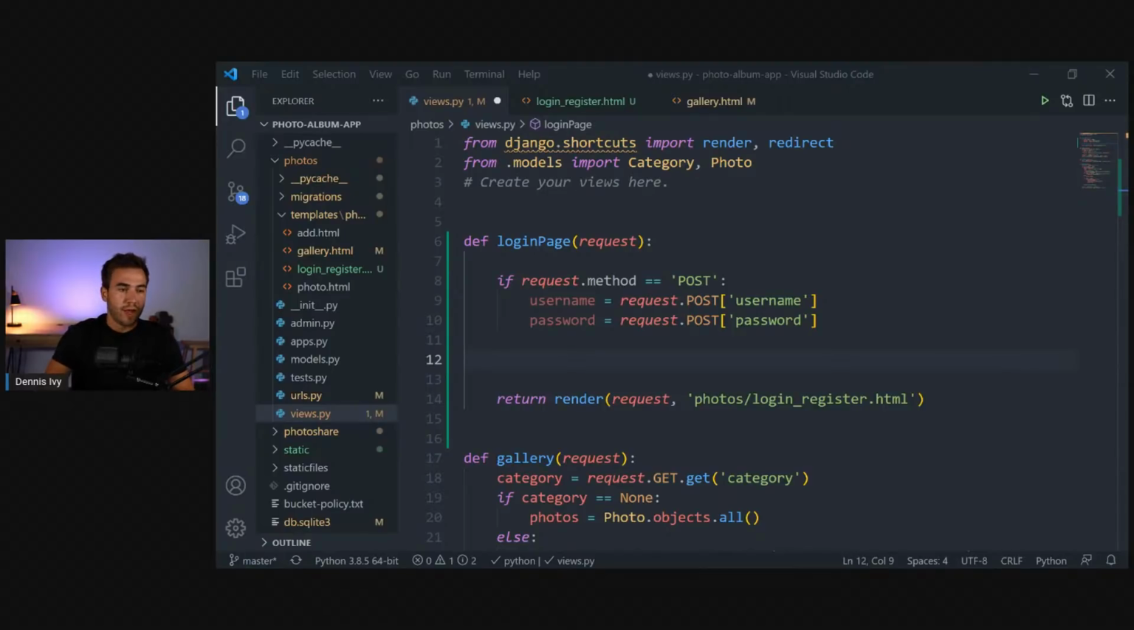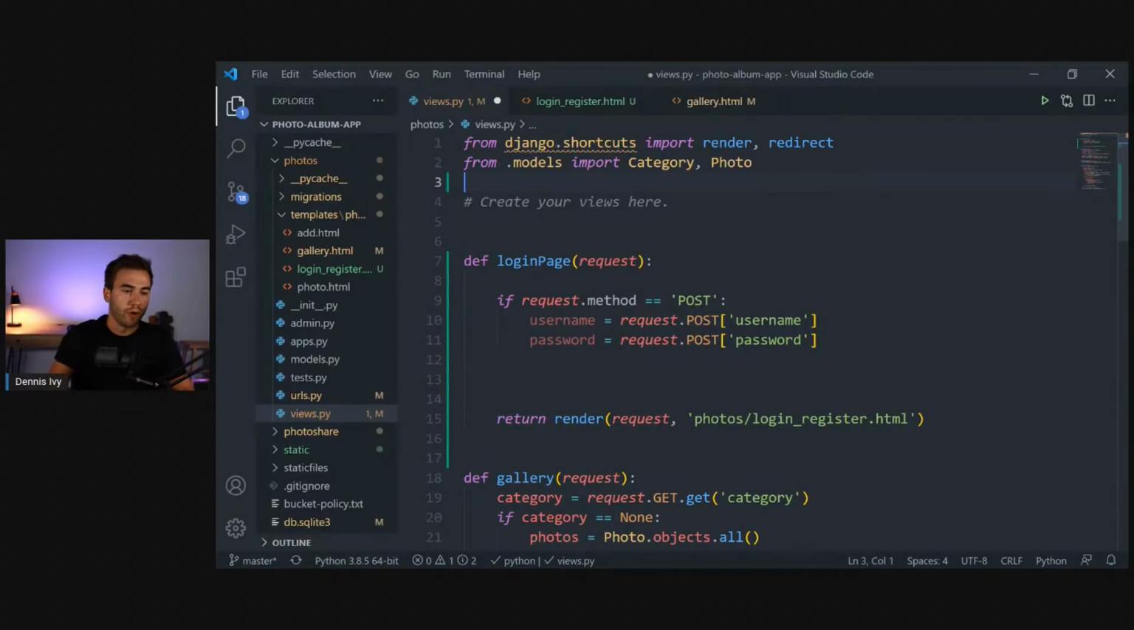So, okay, the first thing we want to do is authenticate a user. So we want to know that this user is in the database. So we want to check that first. So we want to take this username and password. So for this, we're going to import a function, and this is going to be called authenticate. So we're just going to do from